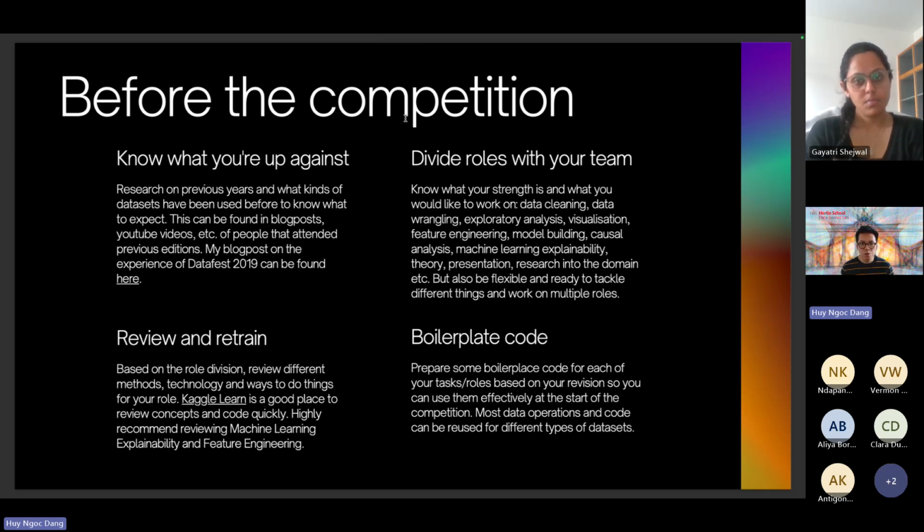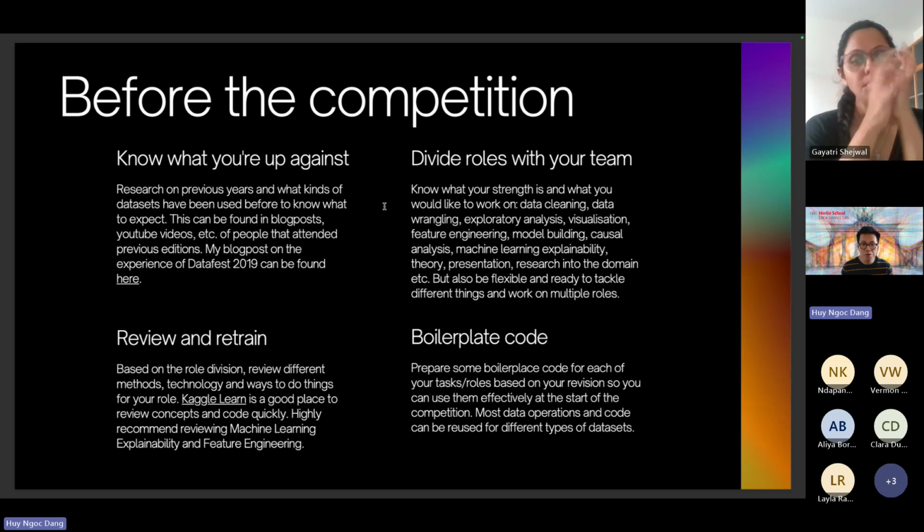You should perhaps research what has been done in previous years in terms of the competition. If the competition is something that has taken place before, then it's very wise to also look into what kind of data or perhaps what kind of challenges were presented in the hackathons before, so that you know generally what kind of directions they are going for. Is it industry orientated or is it more academic research orientated?